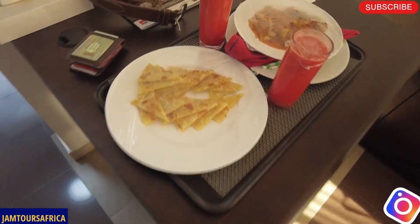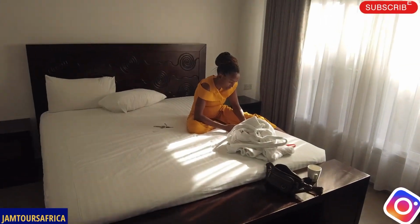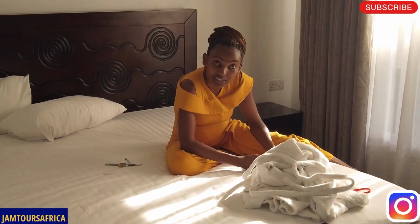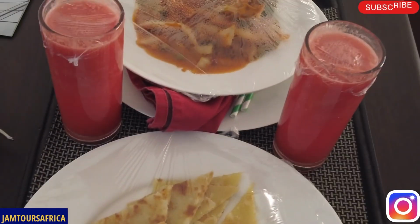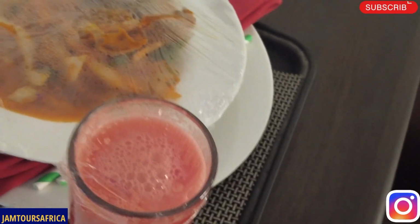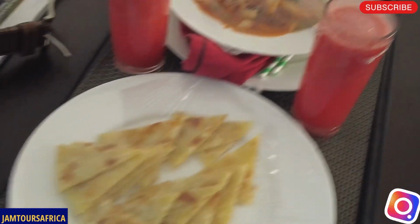Wow, Tanzania food smells so nice, family. So wifey says she's hungry like a dog. Hungry is an understatement. Starving. She's starving, so we need to get a chance to go out to eat. Alright, sweetie, come and start to eat. This is like chicken, and this is some